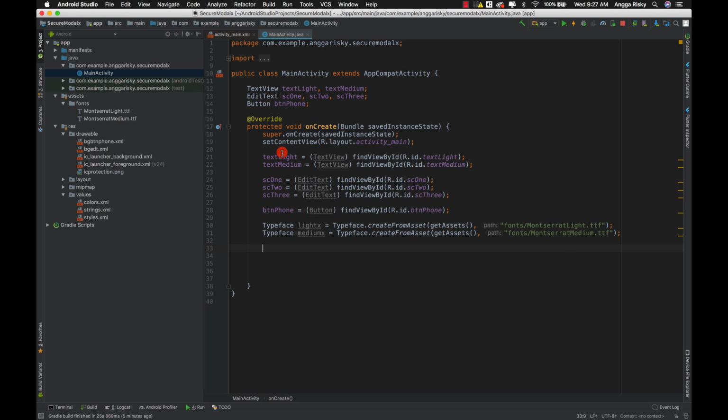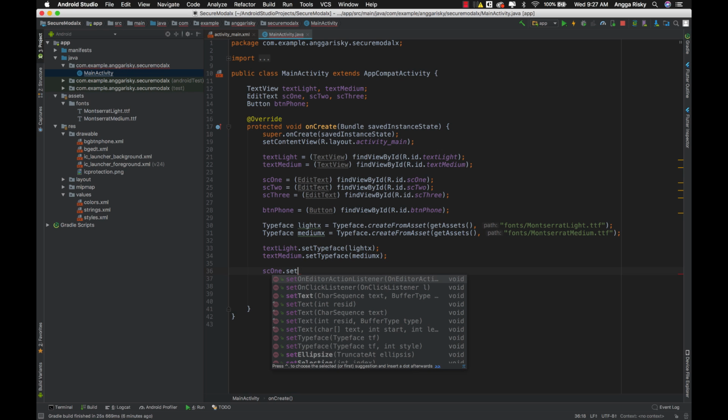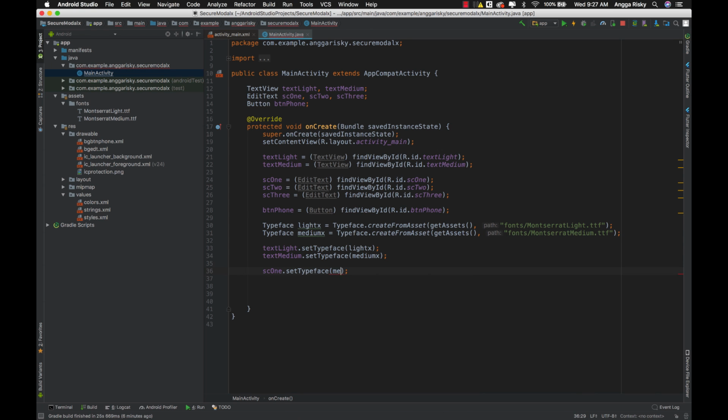Okay, and then we have to target this text light, set typeface, which is light, and text medium, set typeface medium. Okay, and then after that SG1 set typeface medium.